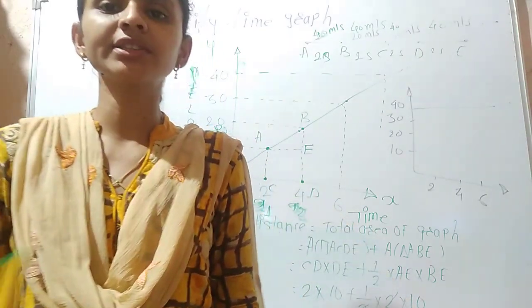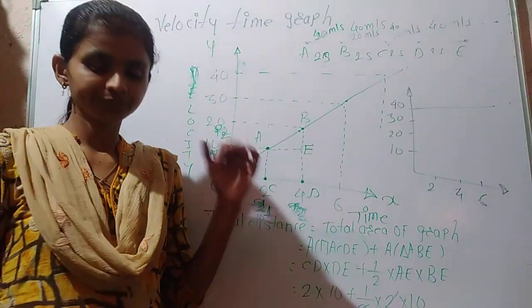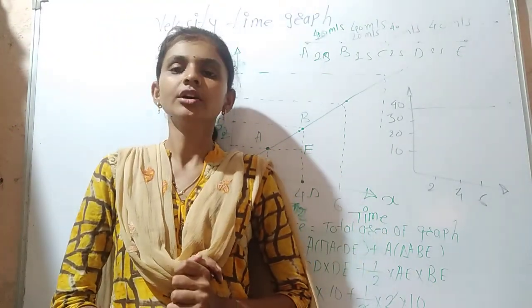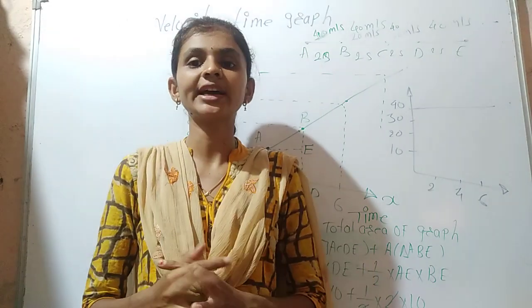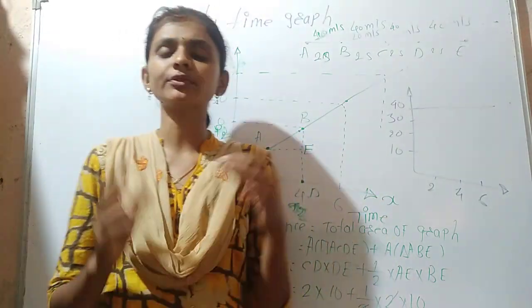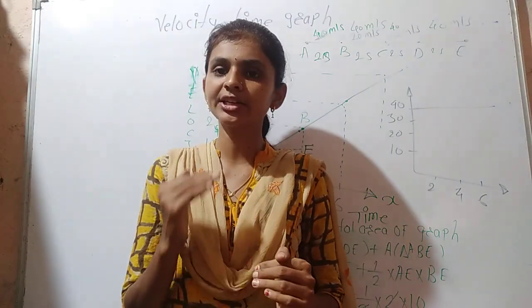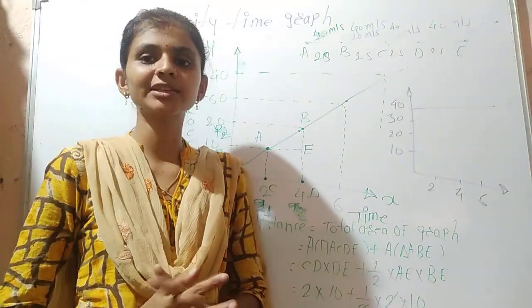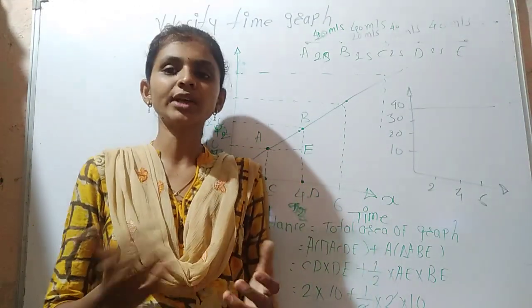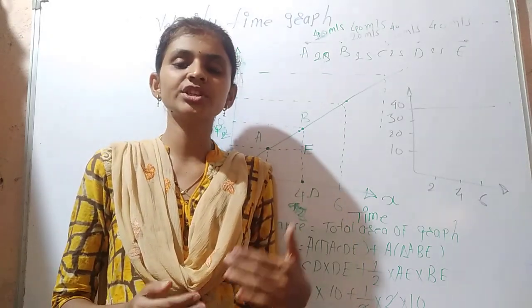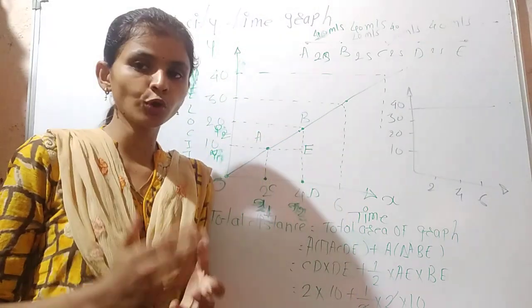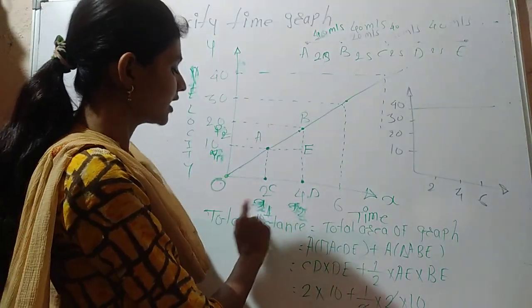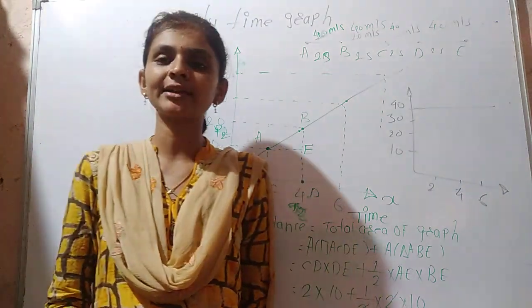Students, look here, once again I am going to revise the same points. We discussed uniform motion and accelerated motion. Uniform motion means there is no change in velocity, and accelerated motion means there is a change in velocity. By using that we can calculate the distance and the acceleration. The acceleration is equal to the change in velocity upon time. By taking the slope also we can calculate the acceleration: a is equal to y2 minus y1 upon x2 minus x1.